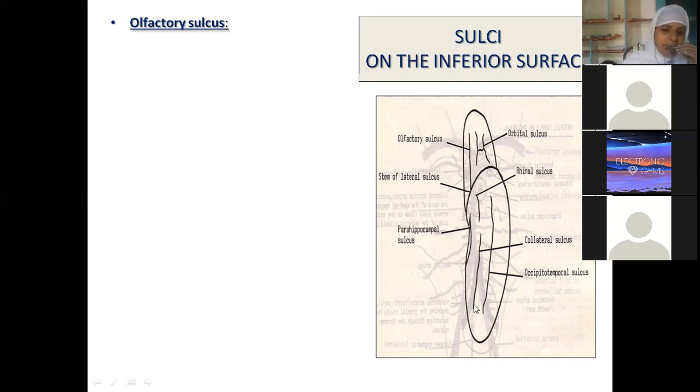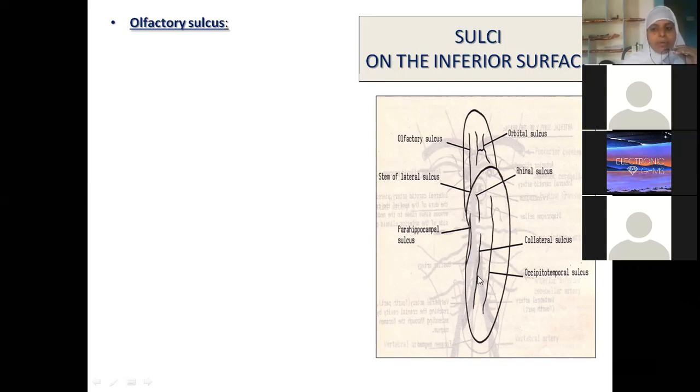When you come to the tentorial part, again we have certain sulci and gyri. What are those? You are finding one sulcus which is running close to the medial surface. In fact, you call it the parahippocampal sulcus. There is one more sulcus here, which is the rhinal sulcus. With a small spacing gap, again you have a continuous line, that is the collateral sulcus.